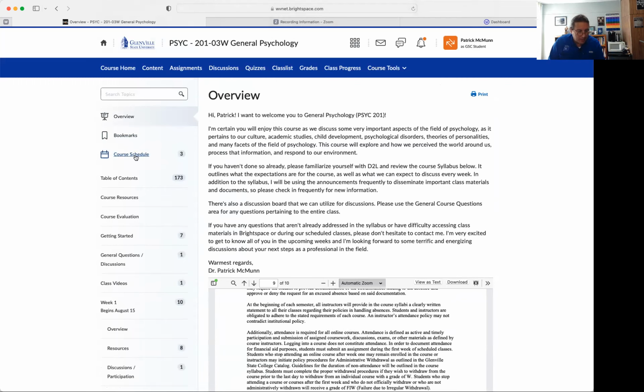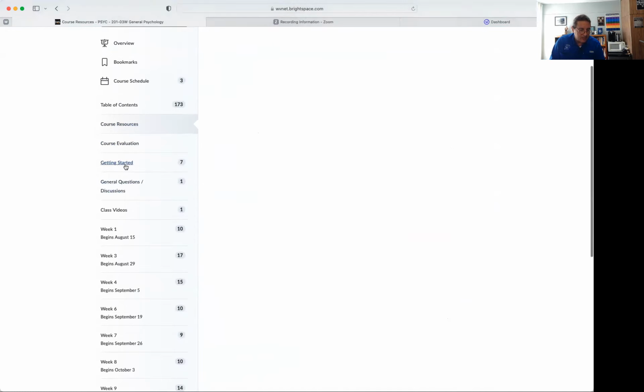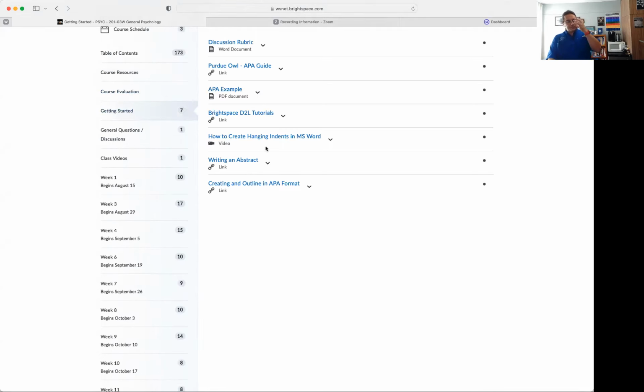Bookmarks I don't do a whole lot with. Course schedule is very similar to what we saw before. Course resources, I don't have anything in there currently, but if I needed to put anything in as far as the overall courses, that's where I would locate it. Course evaluation, later on in the semester, you'll be familiar with what course evaluation is, okay? Getting started. All of these are resources that I chose to put in here to help students be successful in